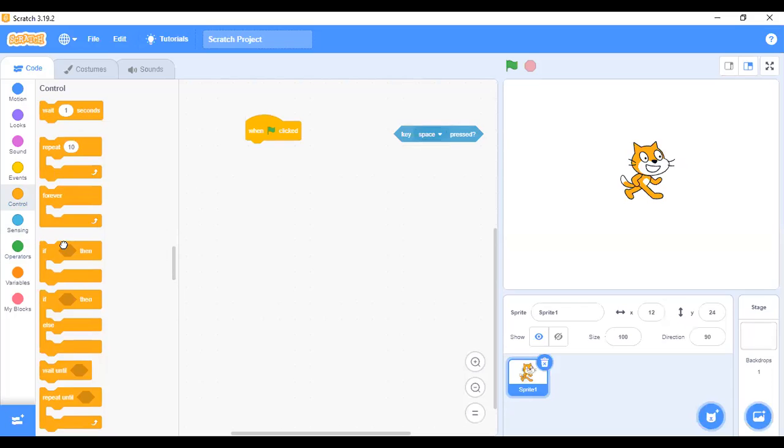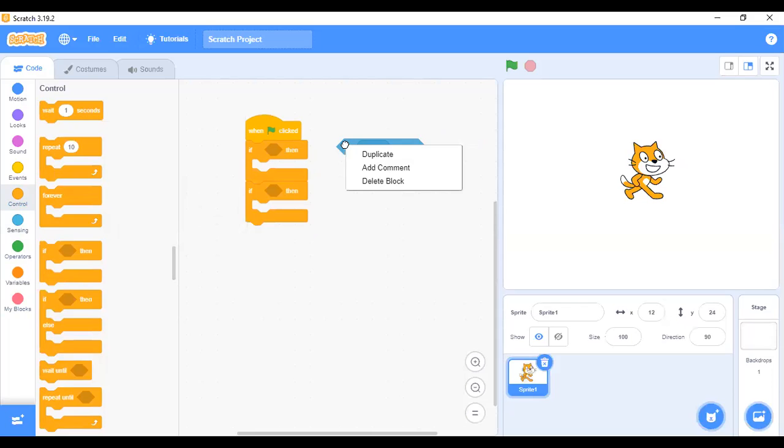So I'll bring if. Let me bring the first if and let me duplicate the if and put it down here. So if key space pressed, before I add it to the first if block, let me duplicate it also like that. Like I've explained in the solutions to the video, the assignment I gave to you, the ping pong, and also the exercise for the catch game, I already showed you how to duplicate this. So if you right click on it, you see these 3 blocks, then you duplicate and drop it down. So let me add this to this. Then let me add this also to this.